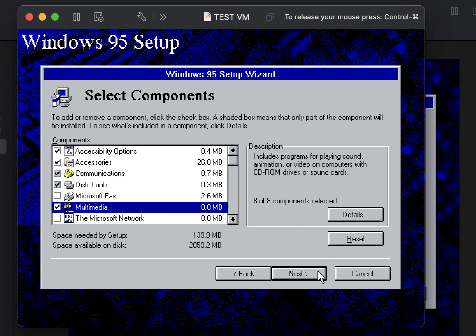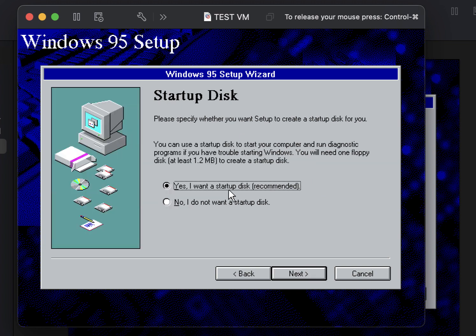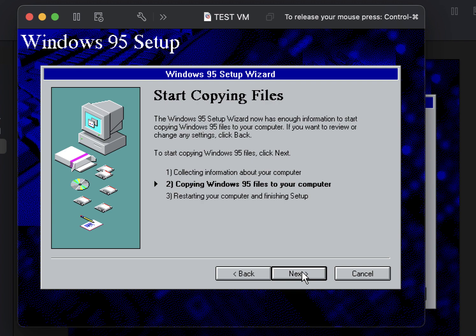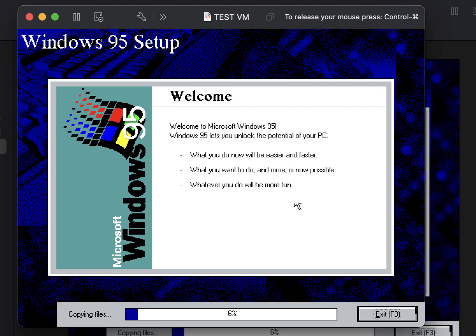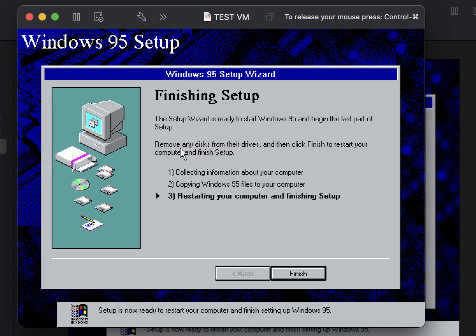So far, we're going to go ahead and click Next. And no, we don't need a startup disk. We'll go ahead and click Next, and let setup do its thing, and I'll be right back. Alright, so since the